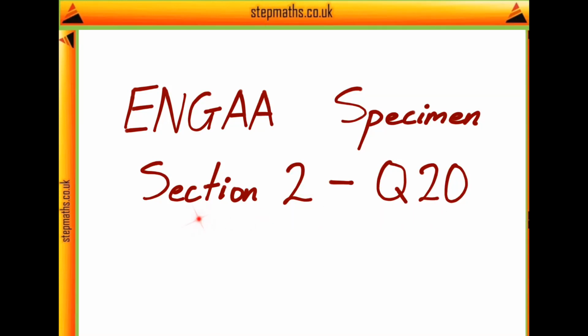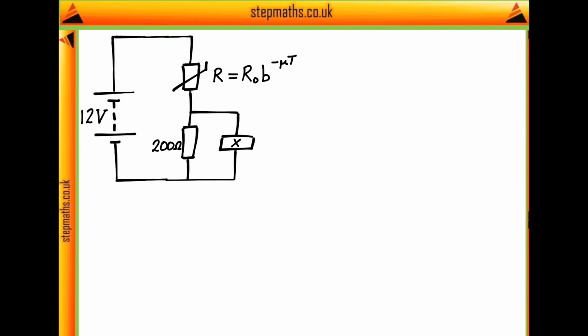Here we're going to look at question 20 from section 2 of the ENGAA specimen paper. So in this question we're given the following circuit which has a thermistor in it with a resistance given by